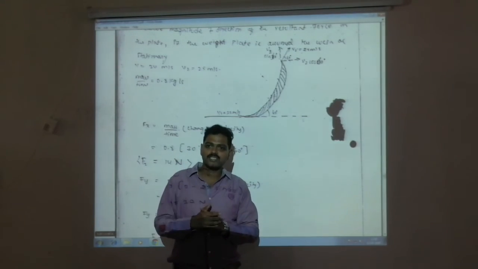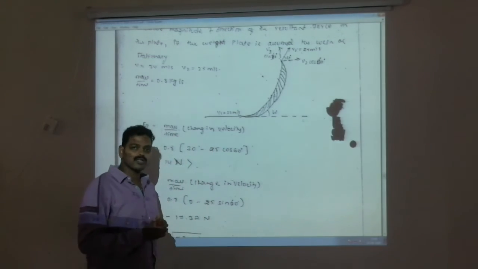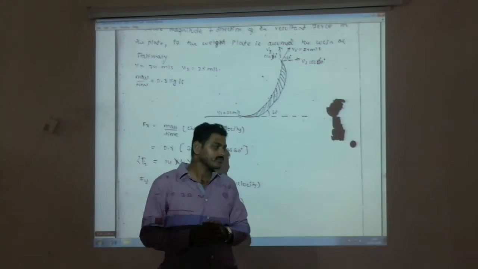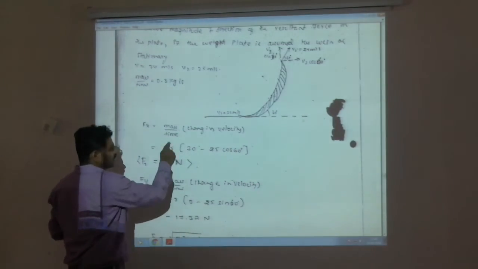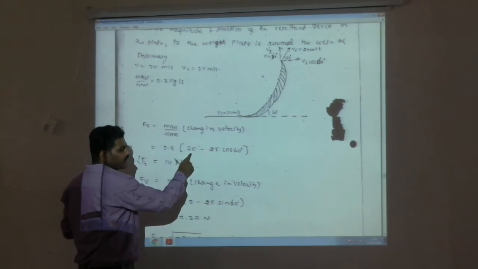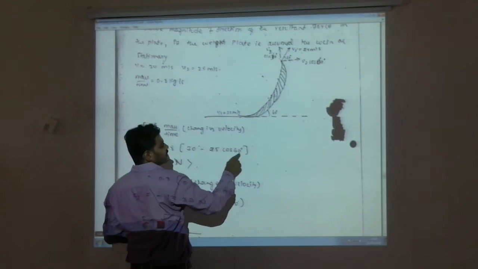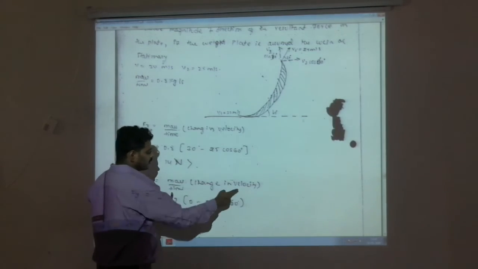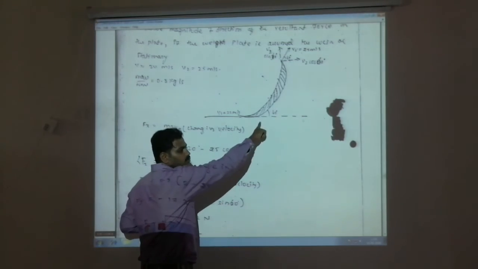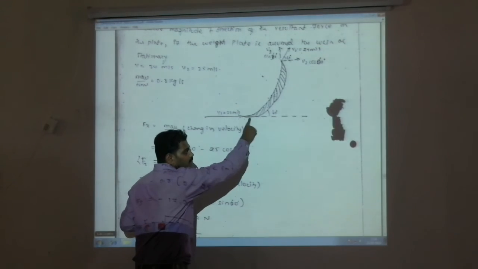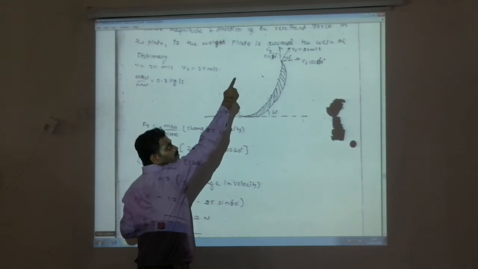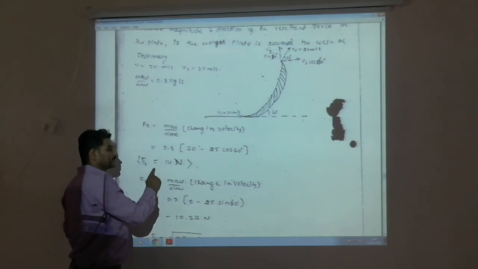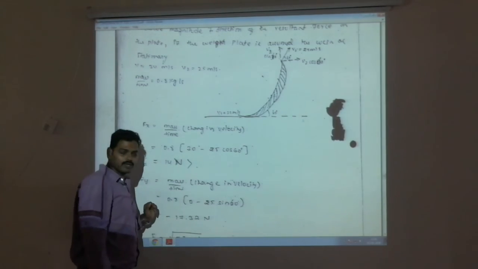F is equal to square root of fx square plus fy square. So here we should find out what is fx, fy, then the direction theta is equal to tan inverse of fy by fx. Then we substitute. fx is mass by time, directly given, times the change in velocity: initially 30 and finally 25 cos 60. Then you get fx as 14 Newton. Then fy is mass by time is given, change in velocity: initial is 0 because it is acting in horizontal. In vertical it is not acting, it is 0, but at the end the vertical component is 25 sin 60. Then you will get minus 17.32. So fx is 14 and fy is minus 17.32 Newton.